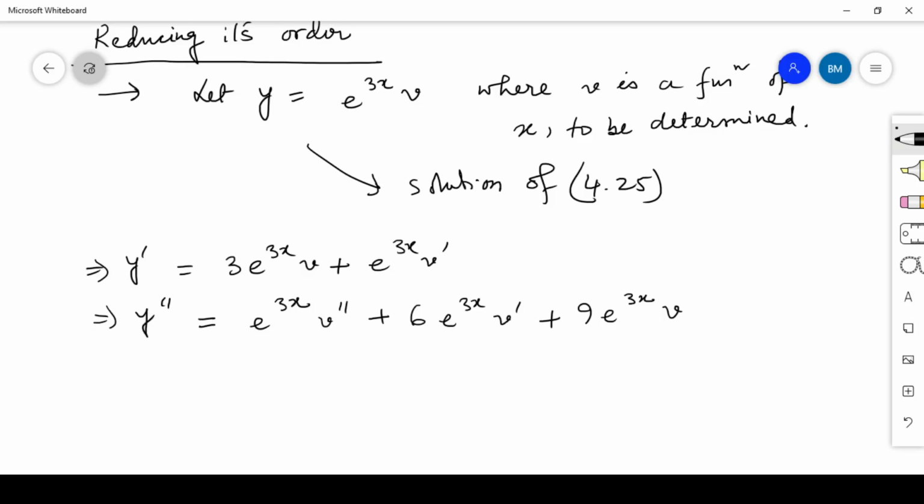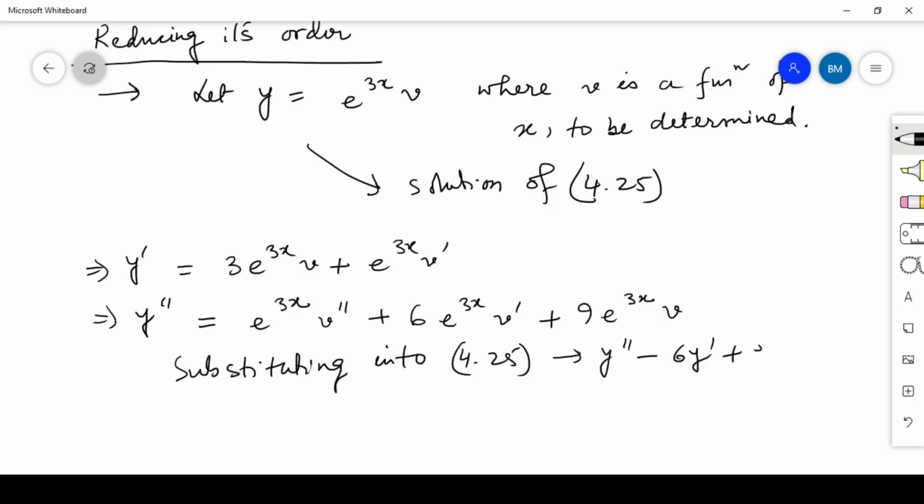Now substituting these two into the equation 4.25. But what is 4.25? Let me write it, because it is above the screen: y double prime minus 6y prime plus 9y equal to 0. So let us put these two expressions in that equation 4.25. Then you will see